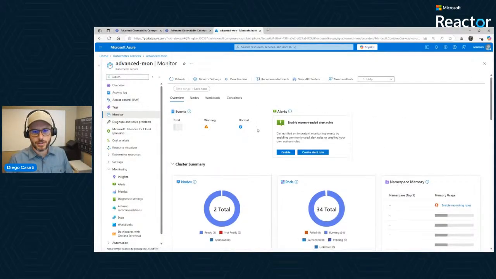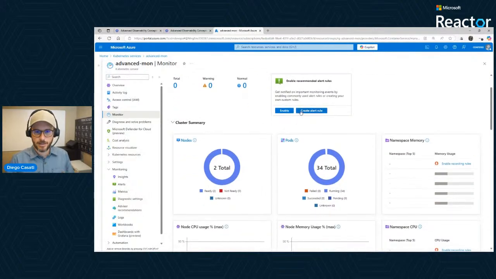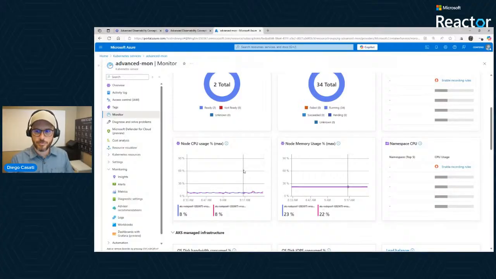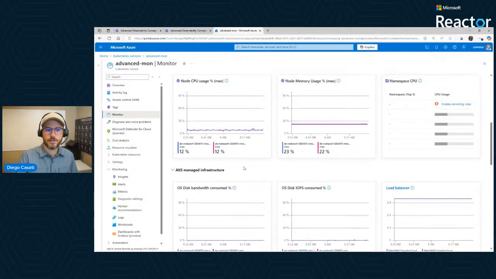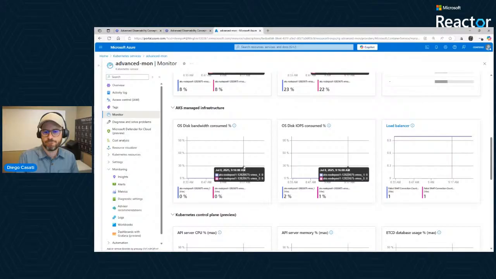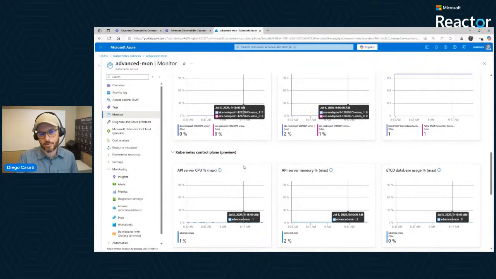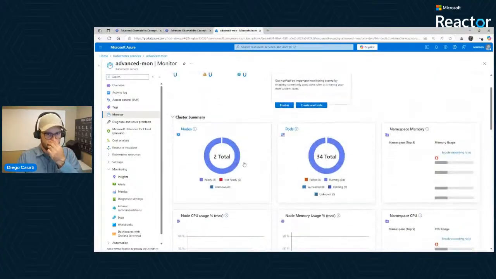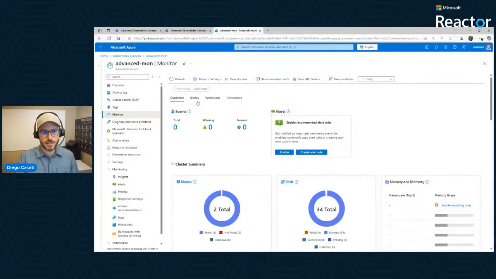So in monitor, kind of answering your question, you can do a lot of stuff here, including enabling alert rules. You have a pretty good overview of how your cluster is behaving or performing. So I do think that a lot of this can just be used as is.